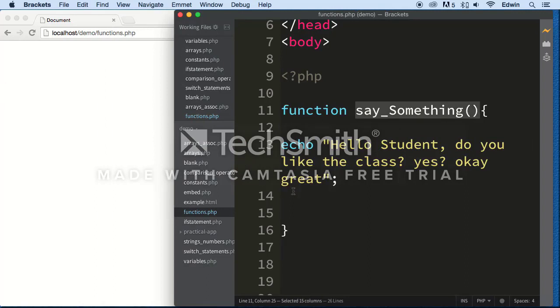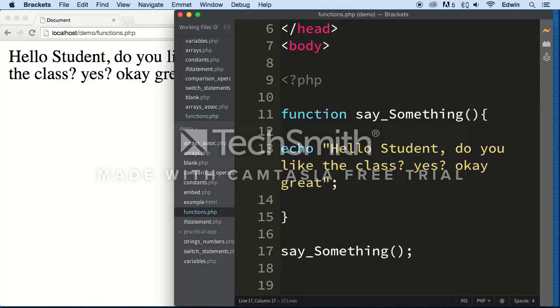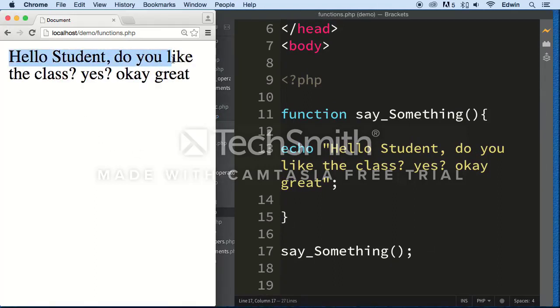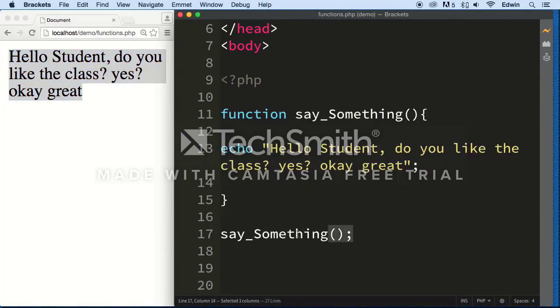So I'm gonna copy the name and I'm gonna put it right below that curly bracket, outside the function. Don't put it inside because it's not gonna work. Then make sure that you put a semicolon there and save it. Done. See that? Now every time we use this name anywhere in our document,